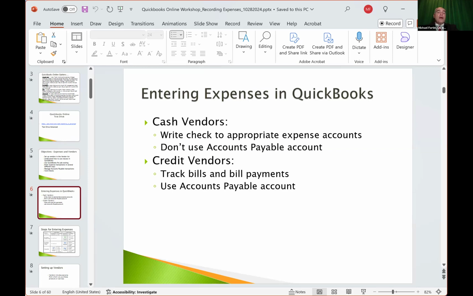So no matter which scenario it is, they both will allow you to, of course, capture the expense and track what you're spending your money on. But there are extra steps when you're dealing with a credit situation. But a credit situation exists in a lot of businesses, and it's nothing to be afraid of, for sure.